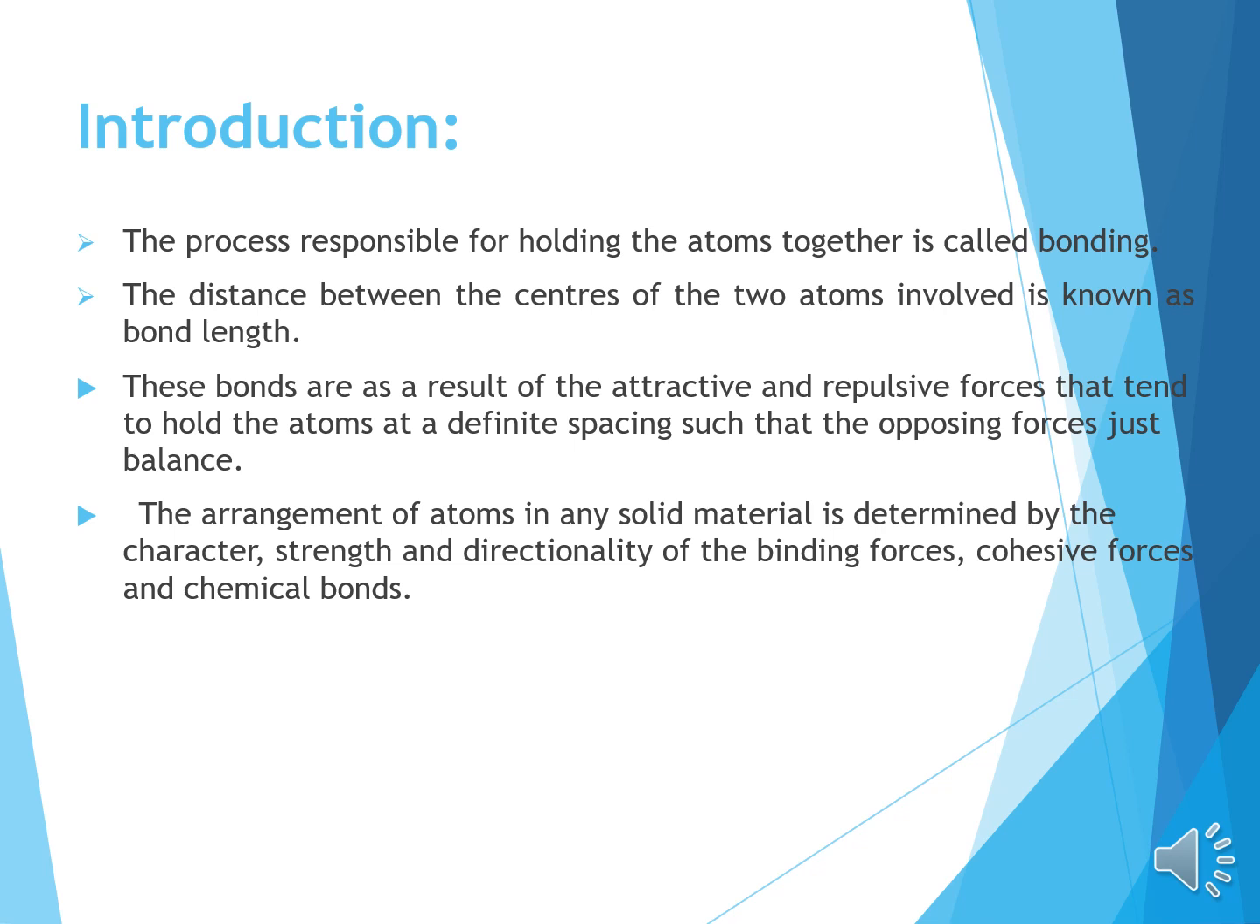The process of bringing two or more atoms together is called bonding. When two atoms come together, they approach a certain minimum distance, or they can become attached to each other. The distance between the centers of the two atoms involved to form a bond is known as bond length. There are also forces involved when two atoms come together